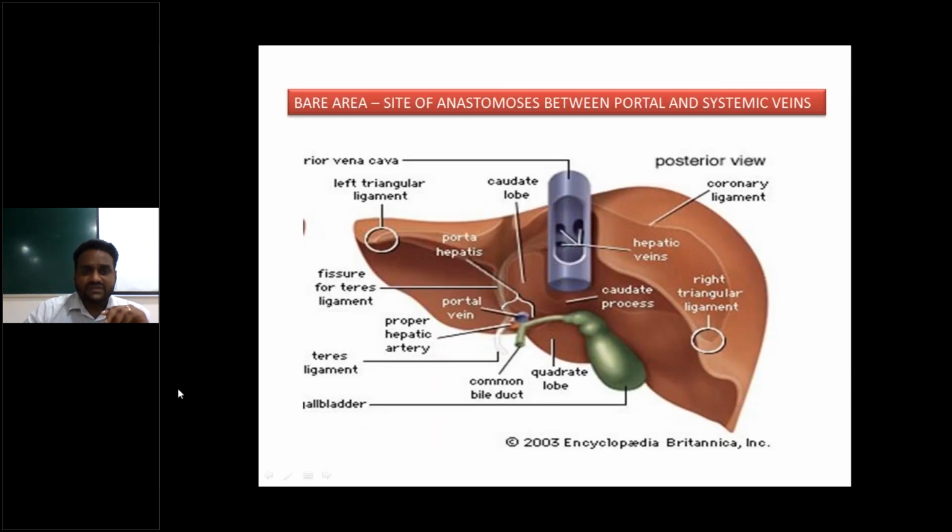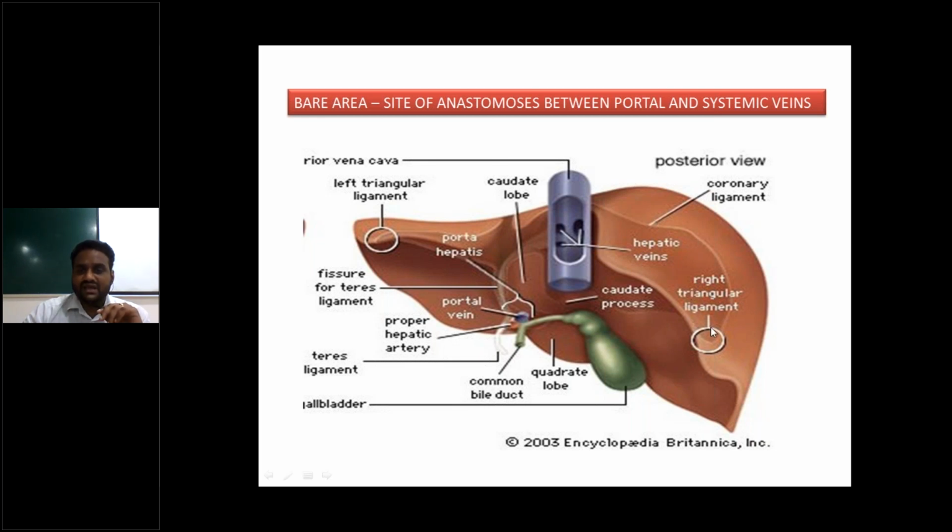So in this picture, we can see the posterior surface. Here with the arrow, I'm showing the posterior superior border, from right to left side, and below we can see the posterior inferior border. In between them, whatever you see is the posterior surface. So here in this picture, we identify the posterior surface features.